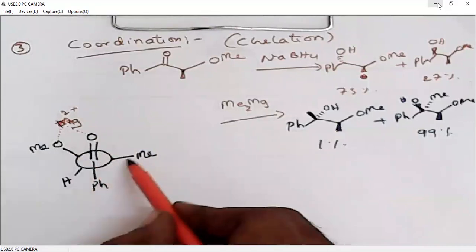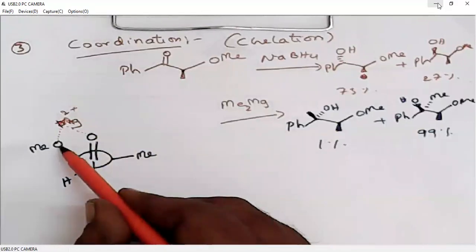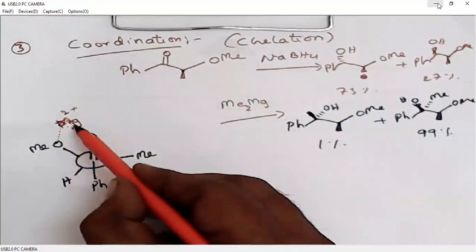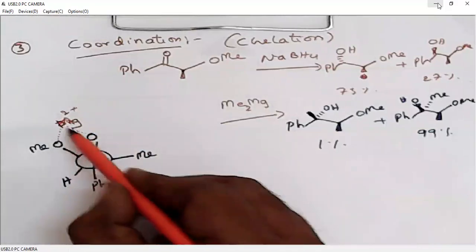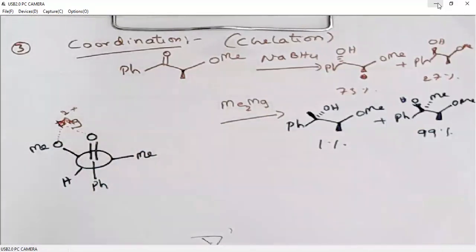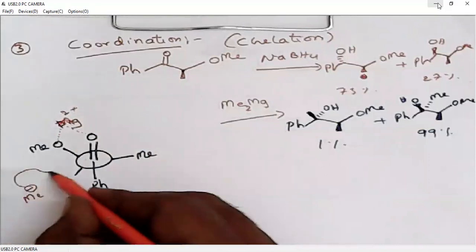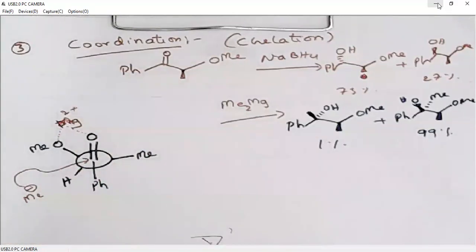Because of the chelation capability of magnesium, we will change the stereochemistry around this carbonyl. We will place the more electronegative atom in the place of the medium-sized group, so that the chelating atom will now be involved in coordination. So because of this chelation, this conformation is more stable. Now we will write the product stereochemistry accordingly.